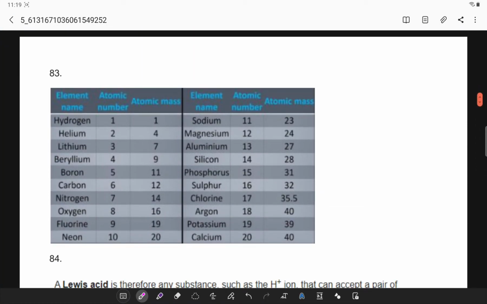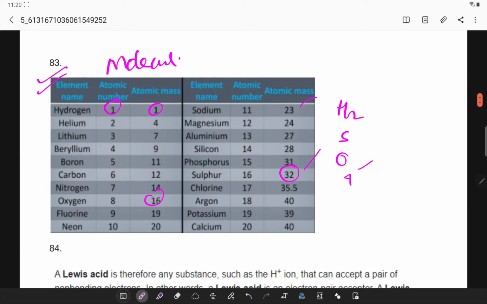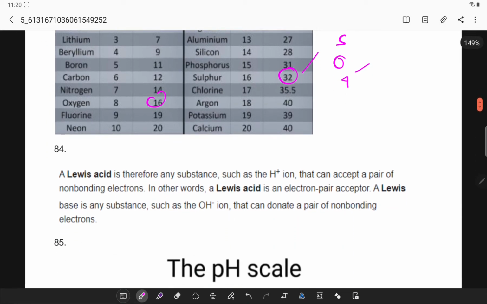Try to remember these values for calculation of molecular weights. So H2SO4, what I have done is, for hydrogen it is 1, for oxygen it is 16, for sulfur it is 32. So based on these atomic masses I am able to calculate the molecular weight. Now next,